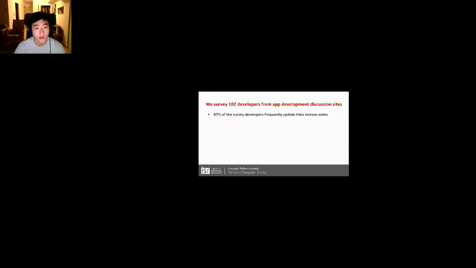An example here is from an app called Duolingo. This release note says that in this release they made new language tips, and they tried to tell users how to use the new feature, as well as attract new users from the Google Play Store to see how cool their apps are, and how their new features are going to be used. And so we wonder if developers care about these release notes or if it's just a small mechanism that